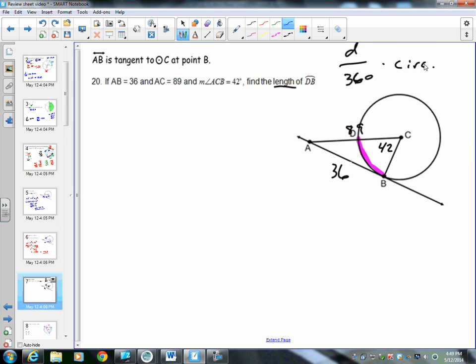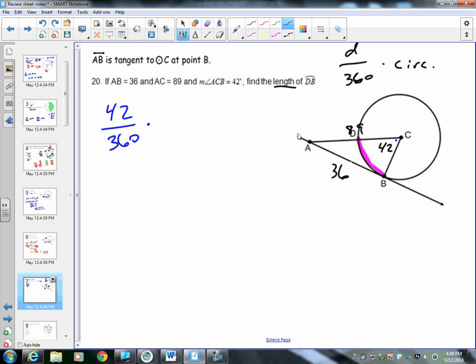So again, we want to fill out this equation. So first of all, degree measure. How do we find the degree measure? Well, if we look, 42 degrees, angle ACB, is a central angle. The central angle, we remember, is always equal to the intercepted arc. So this arc, DB, which we're trying to find the length of, is going to be the same measure as the central angle, which is 42. So we can start filling this out. So we get 42 as our degree measure, divided by 360, multiplied by